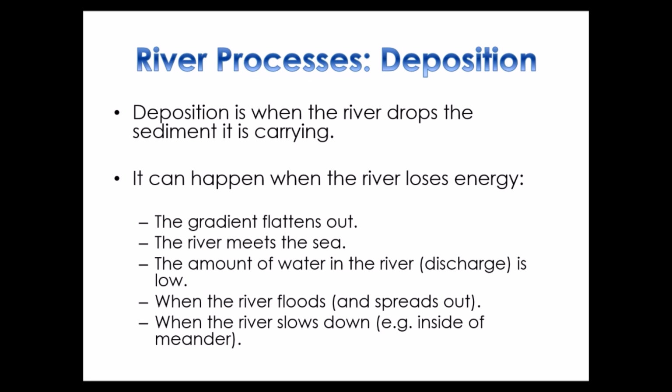So meeting the sea is going to cancel out that river energy. Another thing that might happen is if we have a loss of water in the river. So say there's been a particularly dry period where we haven't had a lot of rain, then that's going to reduce the amount of water in the river, which the official term for that is river discharge. So if that reduces, then for lots of complicated reasons to do with the amount of water in contact with the riverbeds and therefore affected by friction, if you've got less water in a river, it's going to slow that